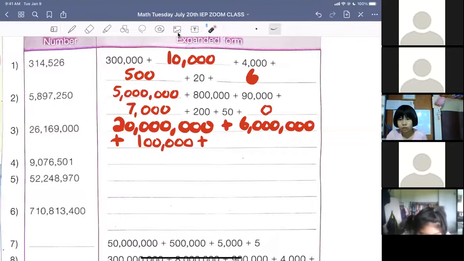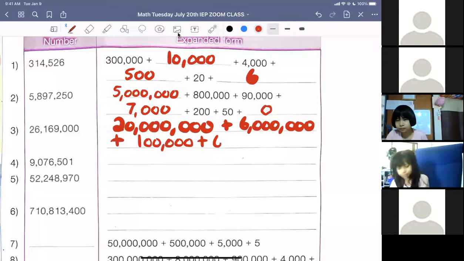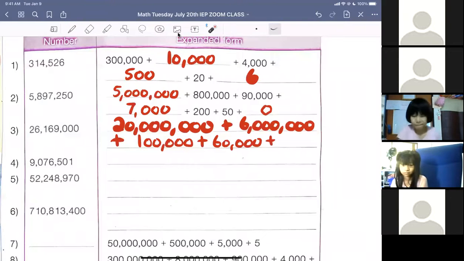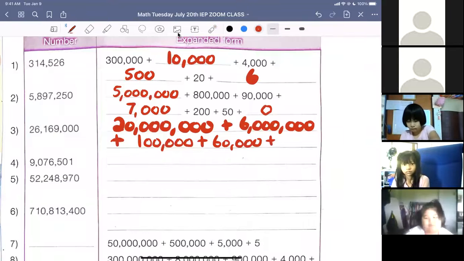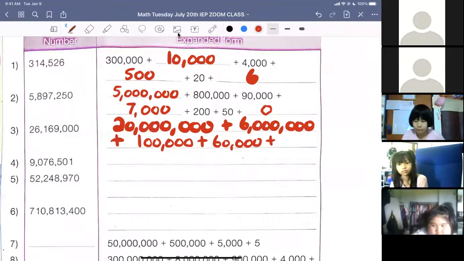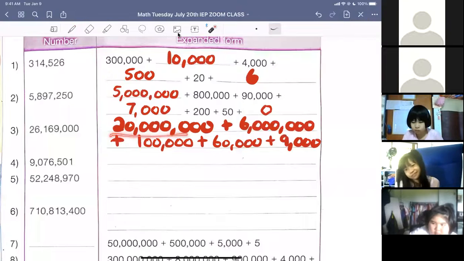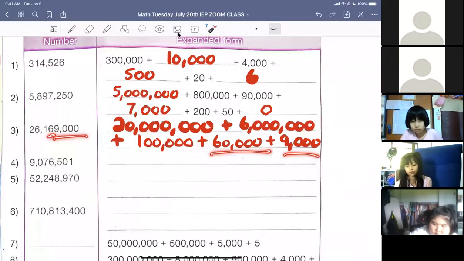Plus the 6 is in the 10,000s. So this 6 is 60,000, plus this 9 is, what is it? 9,000. Good. All right, so in expanded form, we have 20 million plus 6 million plus 100,000 plus 60,000 plus 9,000. All right, number 4, we have